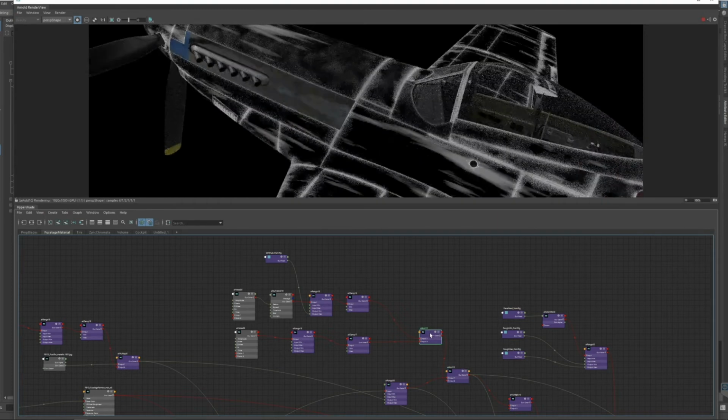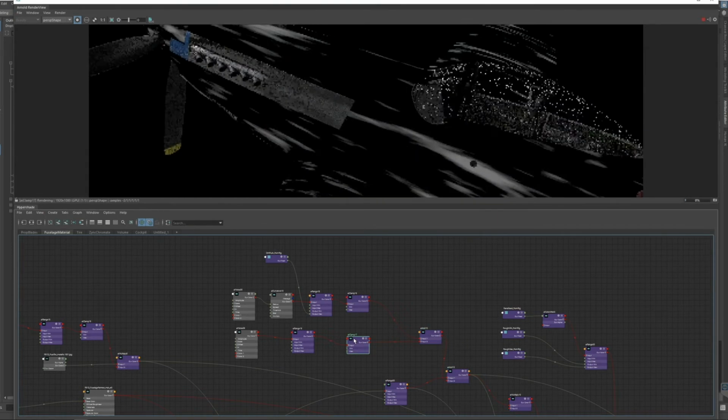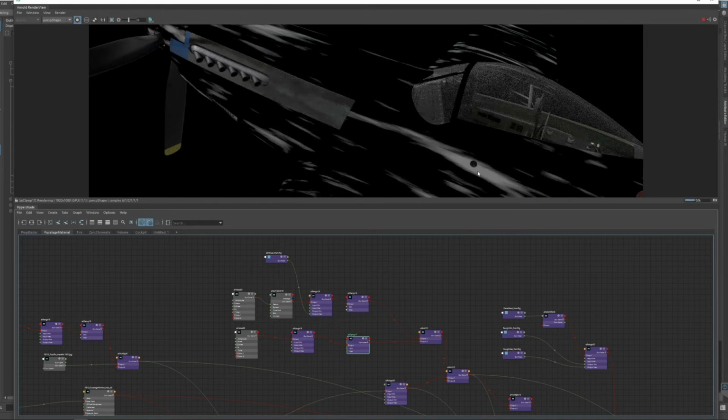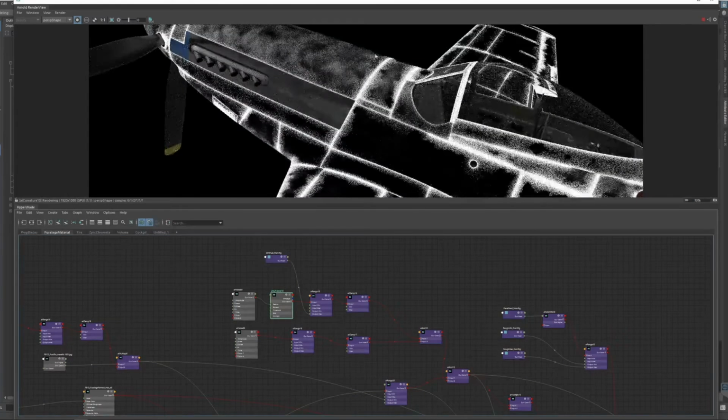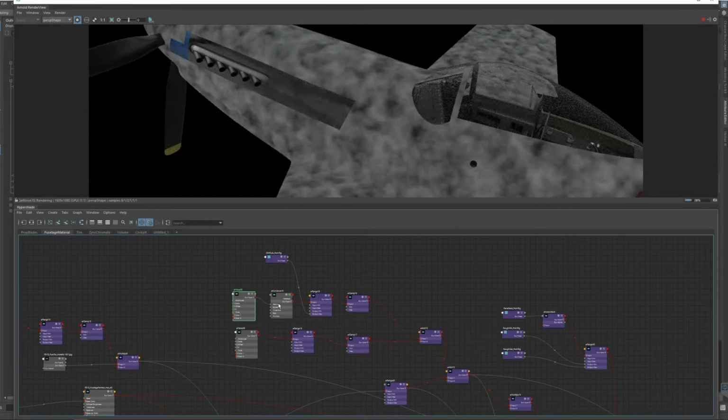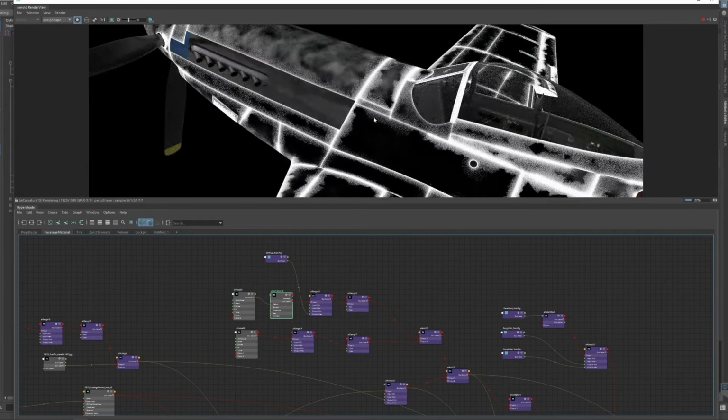If I step through them, you can see there's this kind of noisy surface. There are stretched noises that are mixed with a curvature shader. So this right here is a curvature shader. And this curvature shader is controlled in turn by an AI noise, so basically this texture here. And this is fed into the radius of this curvature shader. So the curvature shader is looking for bends in the surface, taking a look at the curvature of the surface. And wherever there's high curvature, so things on the surface make a sharp turn, like at the end of these panels here, it's going to be white, and wherever the surface does not, it's going to be